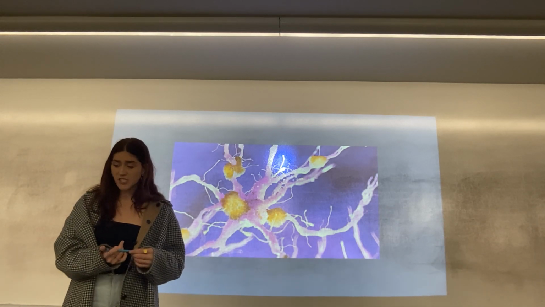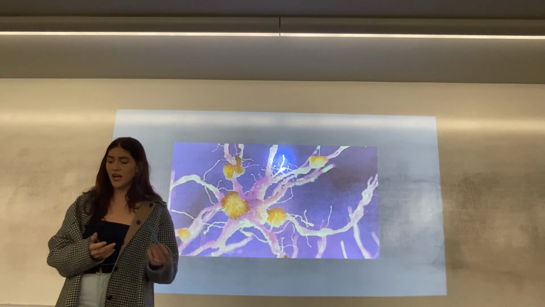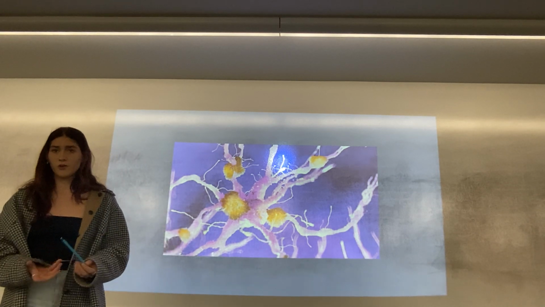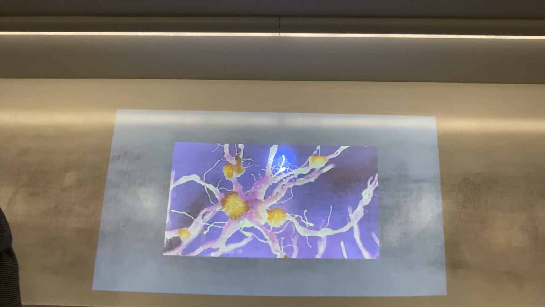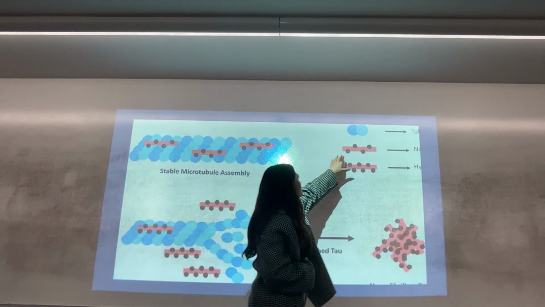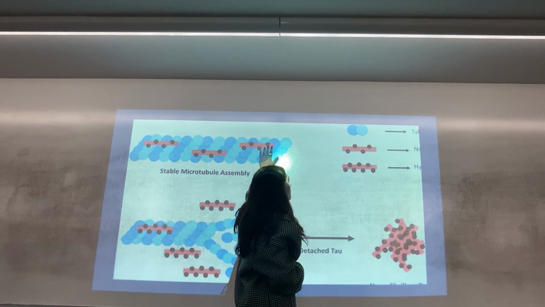By targeting the prevention of aggregation of the molecules, the plaques can be prevented from forming. This can slow down the progression of the disorder. The next thing we'll be looking at is the tau pathway. Here we can see the structure of the